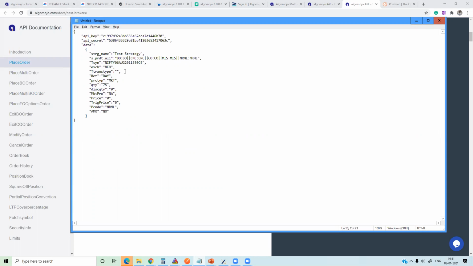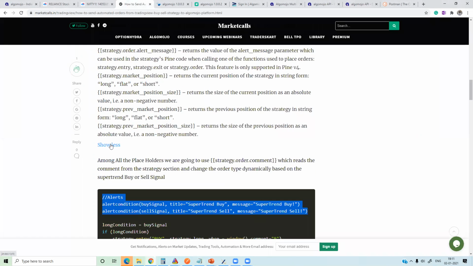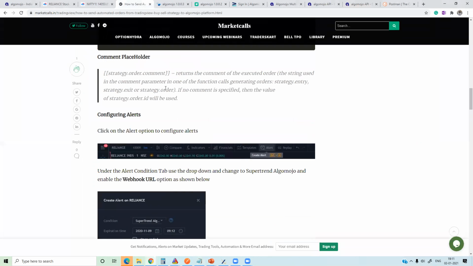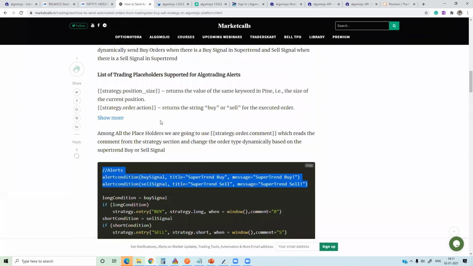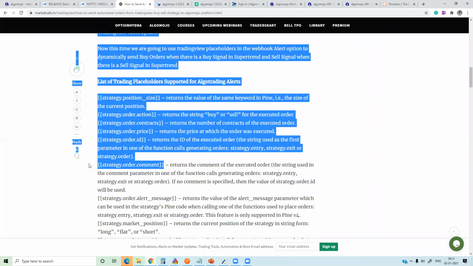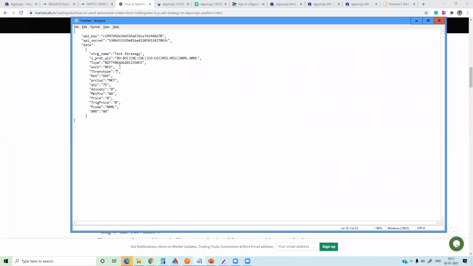So for the BRS, I'll go to strategy.order.comment. Here the strategy.order.comment is the information I'm going to pass inside over here. And likewise, Nifty December futures,